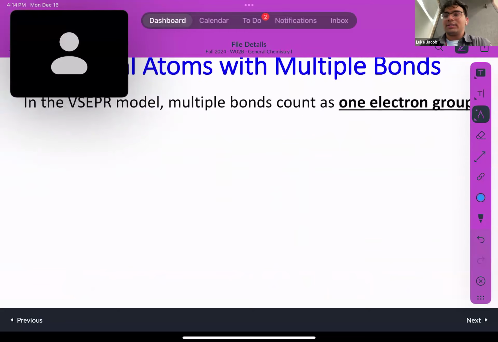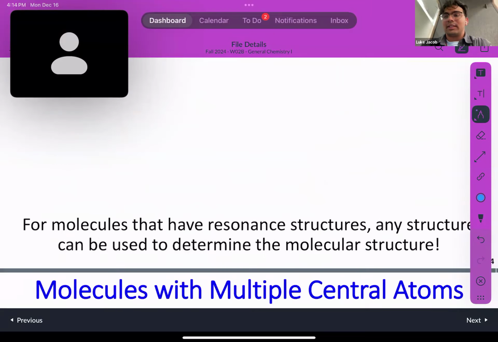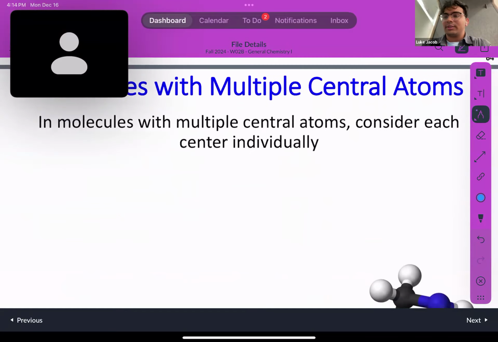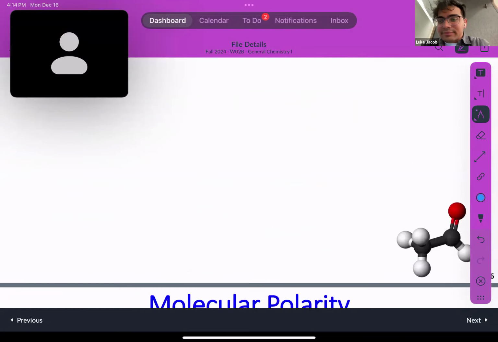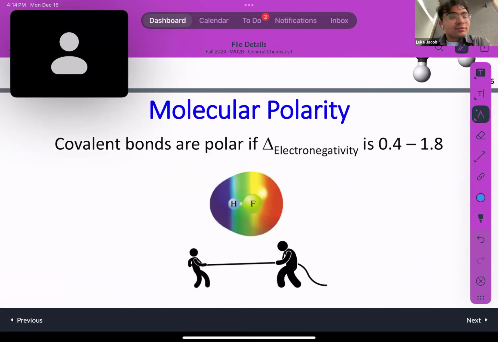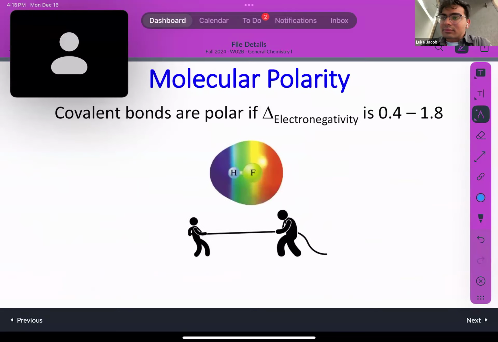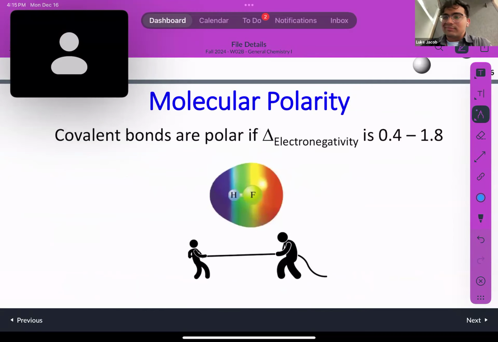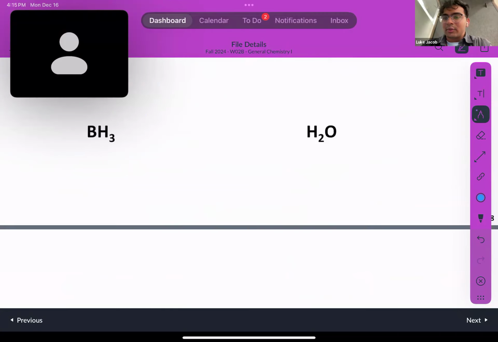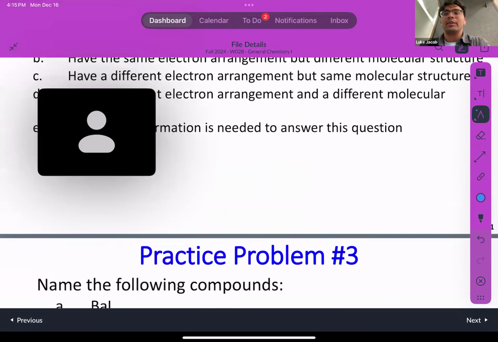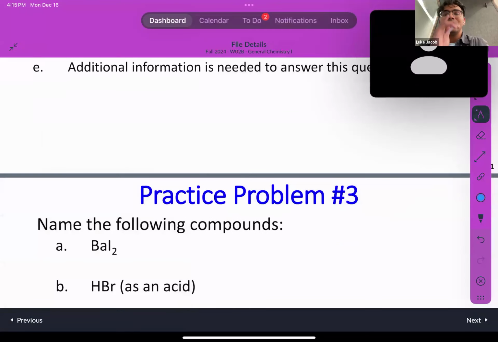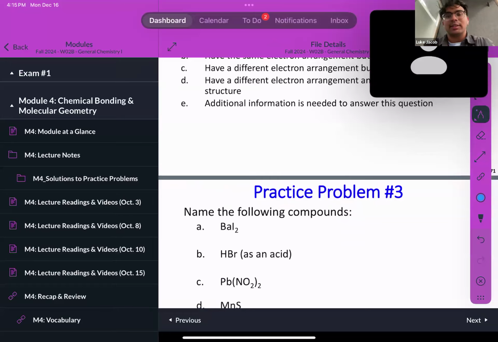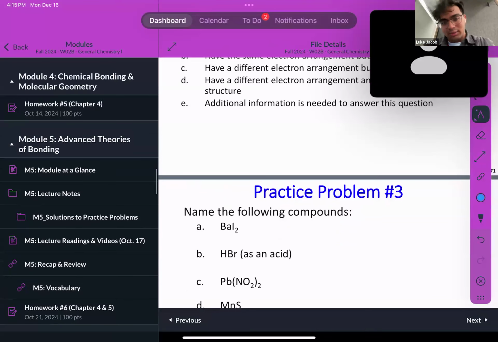Alrighty, moving on. So, yeah, just a lot of blank pages for me because I didn't write notes while you guys did this. Okay. So, yeah, this is all just stuff that we've already gone over, and then now we're at the practice problems. All right, we're done with module 4. Does anyone have any questions about it? Anything at all? All right. I know I'm going through this fast. I know it's kind of annoying at times, but